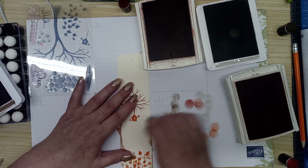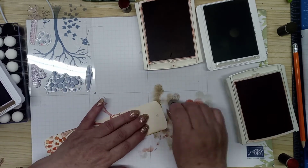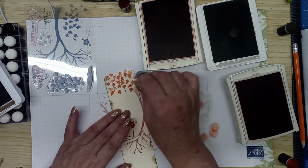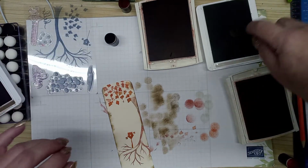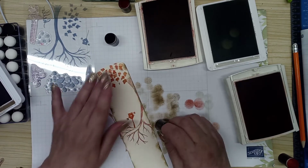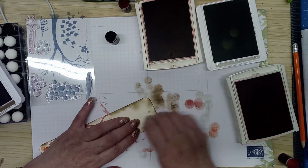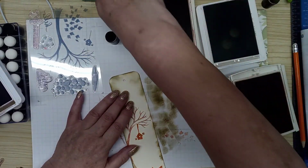I'm just catching the side of the bookmark. Again, here you could use different colours. In fact, I will, just to show you, my love. Right. Just makes it look a bit old. And because it's the autumn as well, it's...